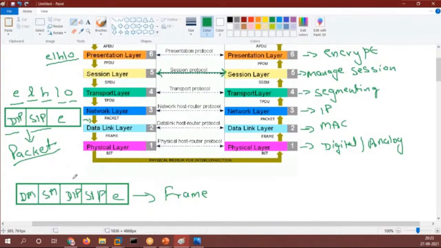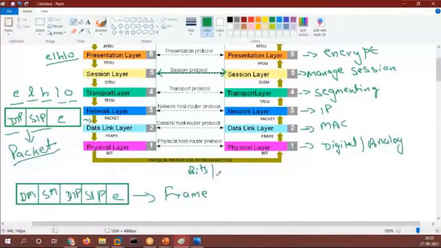Now when the destination MAC and source MAC are added, then it is called a frame. Now after that, that frame is forwarded to the physical layer, right? Now what will the physical layer be doing? The physical layer will be changing that whole frame into bits.